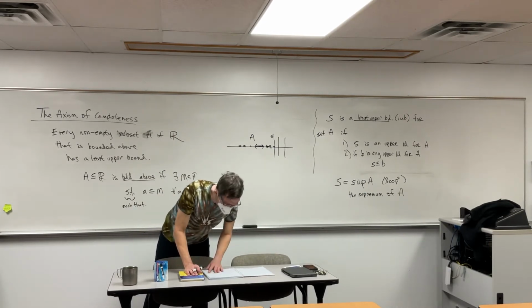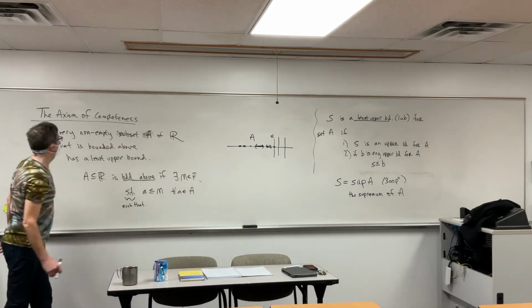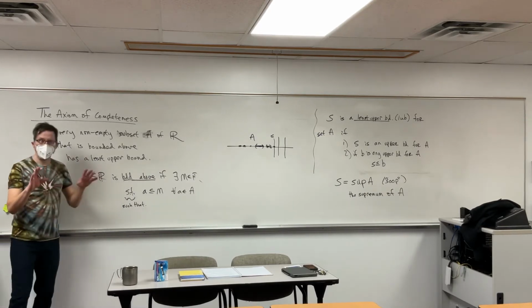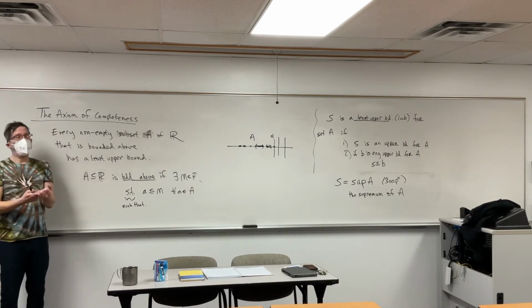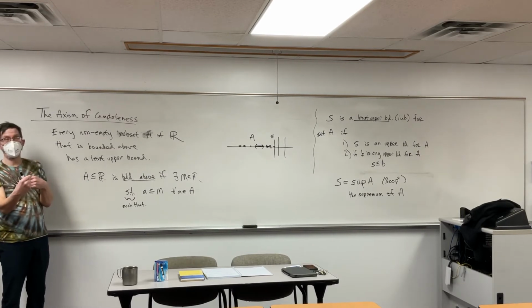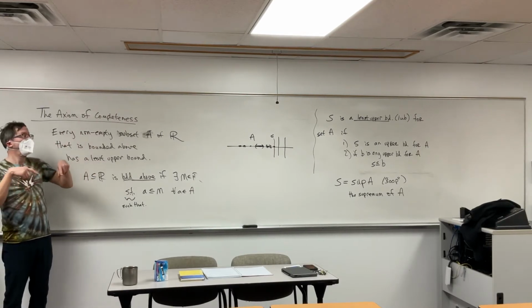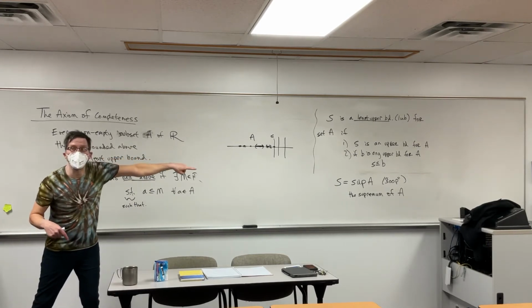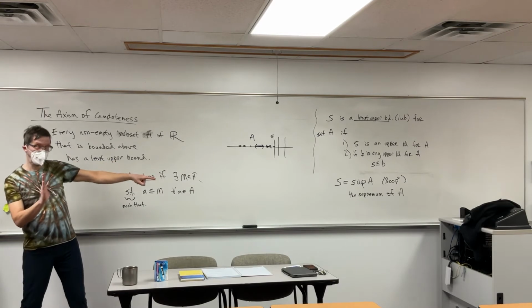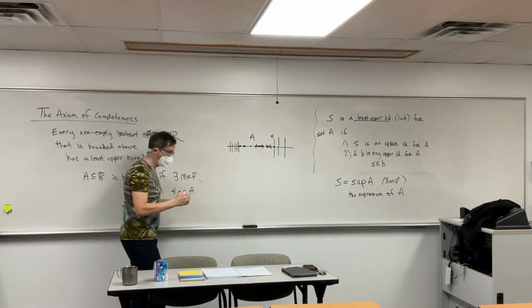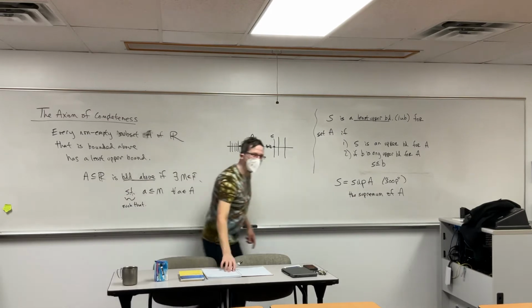Okay, so let's see here. Let's get the other one while we're at it. What's the flip side of all this? So take a moment on your paper. What is the definition of bounded below? See if you can just do that on your own, like come up with the mathy definition without looking up here. What is the companion for least upper bound for lower bounds? So now if we're thinking about lower bounds, what is the flip side of sup? I gotta run to the restroom. So I'll be right back.